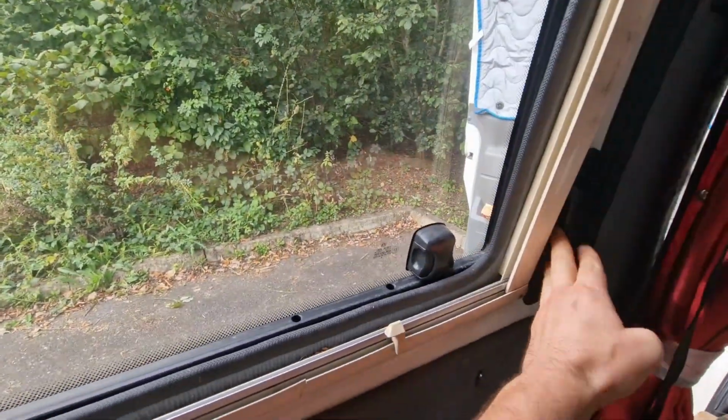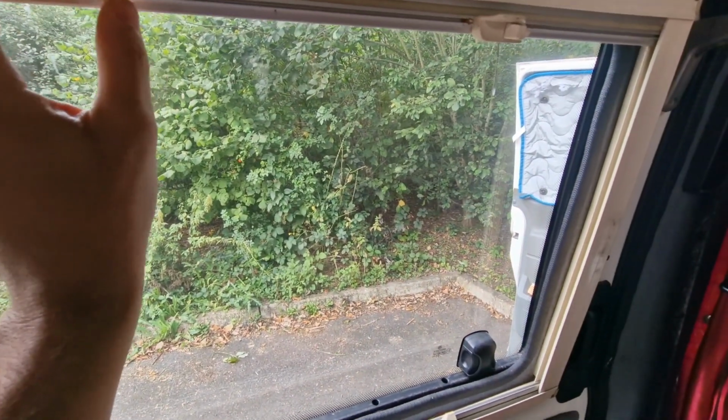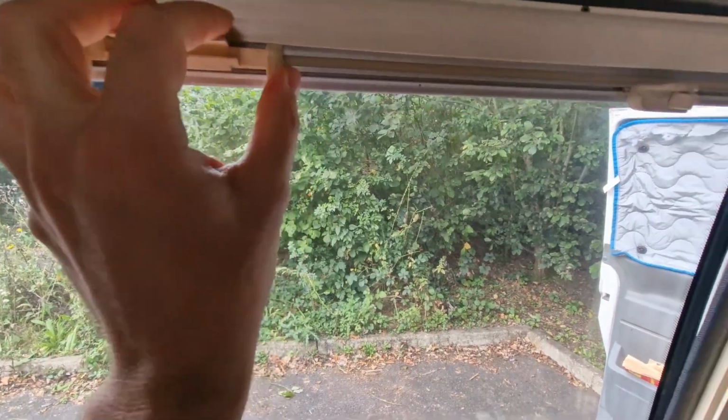The problem, I think they're the originals. So how they've lasted this long, I don't know, but I highly suspect it's because no one's actually lived in the van until we had it, basically. Certainly the guy who had it before us, he just used it for trips away, not for actually living in. So what's happened over time,